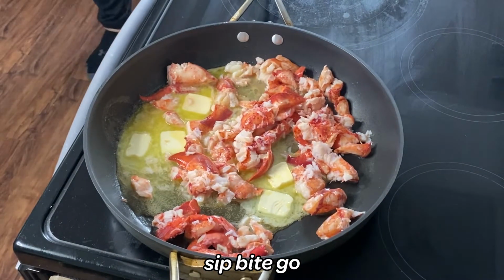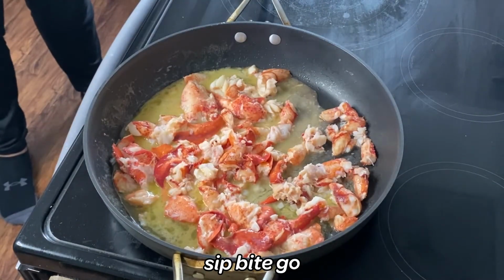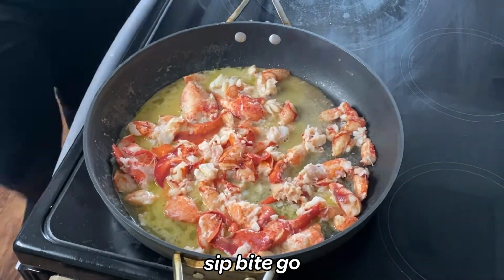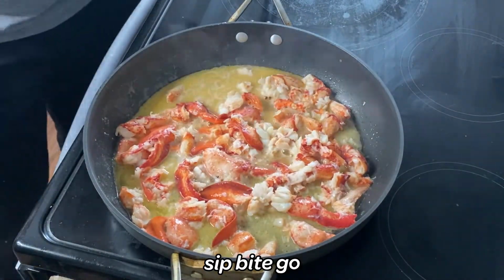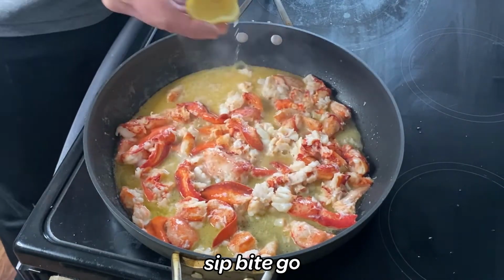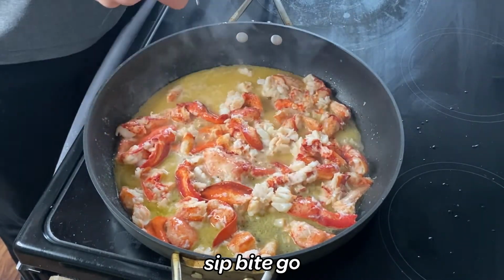So a few chunks of butter and the 1 pound of lobster went into the pan, and it just kind of simmered there for a few minutes until it was all melded together. They sent the most perfect looking whole lemon, so we sliced that and a squeeze of fresh lemon juice went